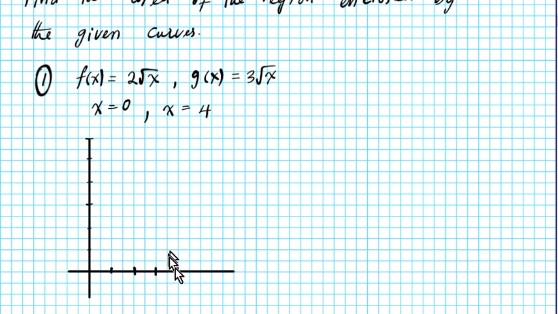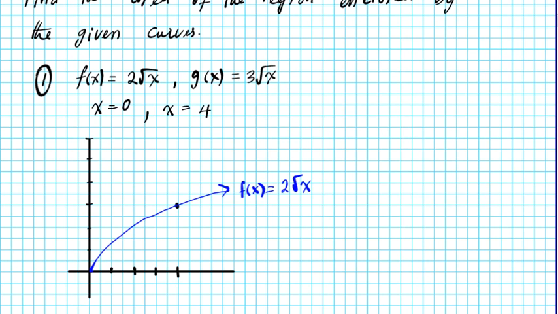Okay, so the first one goes through 4 and 4. So we want to graph the first function. Let's make it blue. So this is the first function you're given, this radical function f of x equals 2 root x,